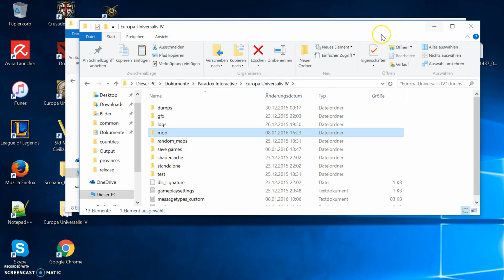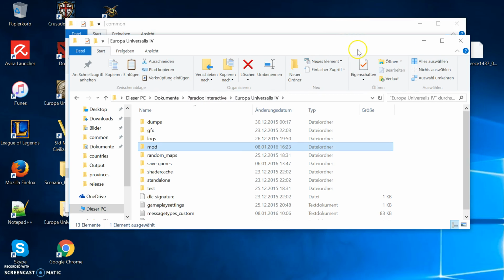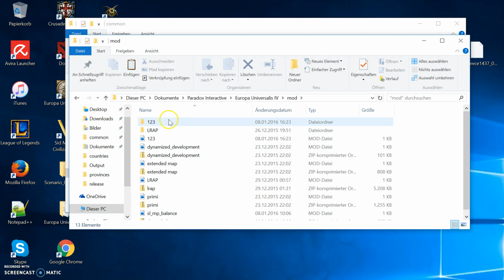Someone earlier asked me on YouTube how to create a trading region, and I assume that means how to add another trade node to EU4. So what we'll do is we'll go first into the modding directory in our documents and in our mod folder,